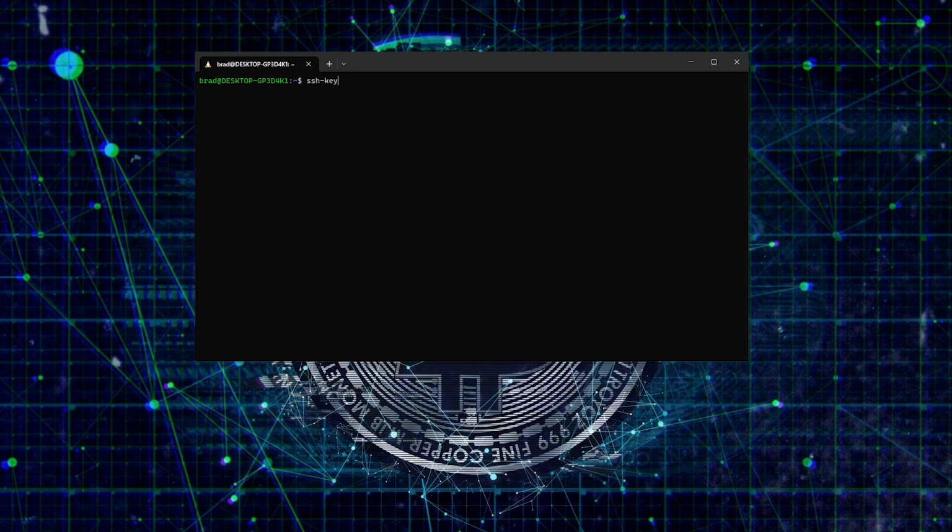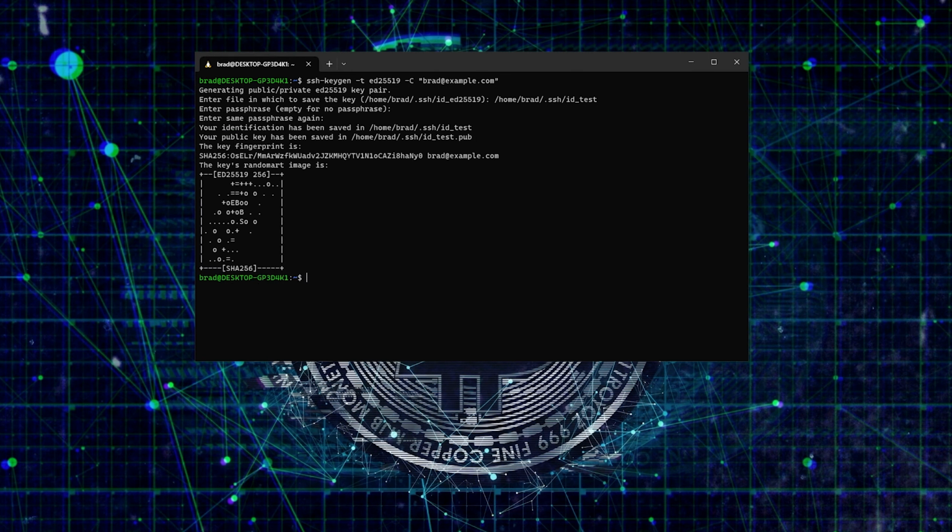The next thing we want to do is add an SSH key. So we type in ssh-keygen -t ed25519, which is the name of the encryption type, -C, and then in quotes put an email address. For this example, I've used brad@example. We also want to make sure that we save it to the right directory. So my directory for SSH keys is in the home directory in the folder .ssh, which is a hidden folder. So I've saved it as id_test, and I've entered my passphrase,